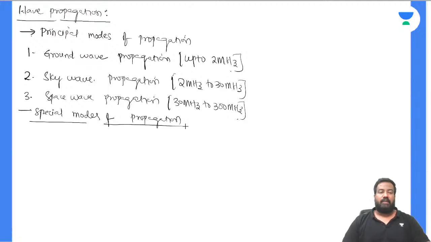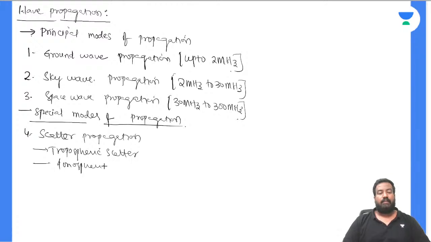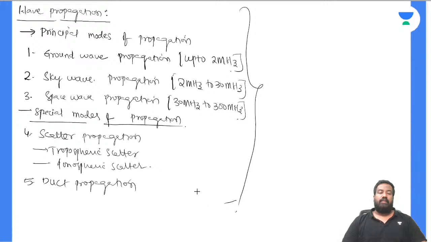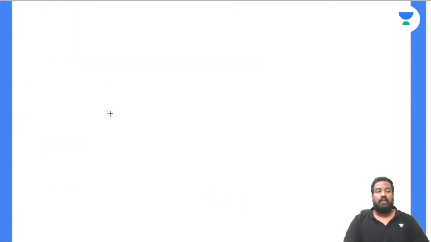Under special modes, we discussed scatter propagation: tropospheric scatter propagation and ionospheric scatter propagation. One more special mode of propagation we had seen is duct propagation. All the derivations and previous year questions are solved for these 5 modes of propagation, which are 3 principal modes and 2 special modes. Besides this, we have also seen